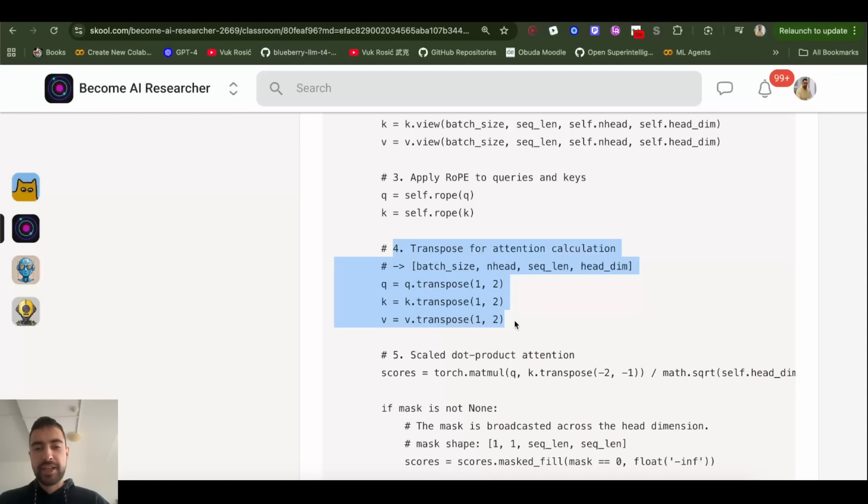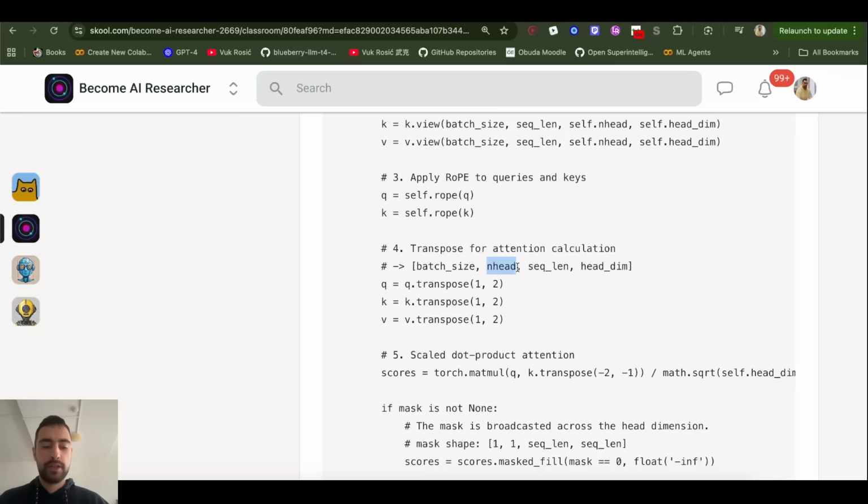So next, in attention calculation, we want to do heads independently. So we will transpose this to put heads first. This is the batch size, and heads are independent dimensions. And then in every sequence length, we will do heads of the key query value. So for the sequence length, we will do the same heads. Here we will separate them, and here we will also separate them. But now here and here, they're together. They're grouped up by head. And so we do the whole sequence length of the query key value together for this particular head